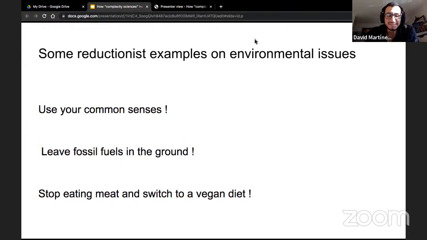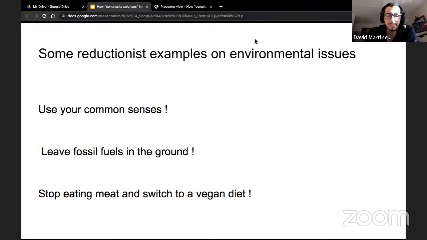And complex systems are not that obvious. So we cannot understand them just using our common sense. We hear a lot, leave fossil fuels in the ground. Well, again, not really, because if we switch to full alternative energy resources, we can generate even a wider carbon footprint.